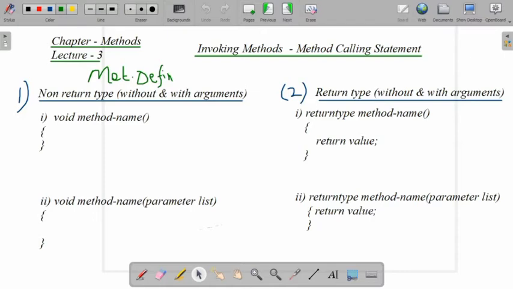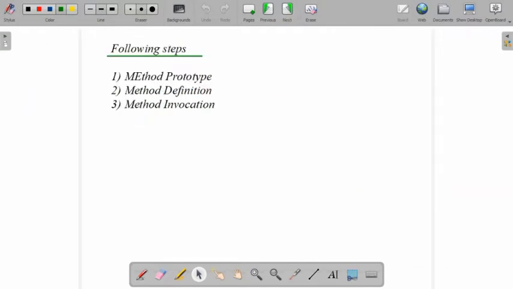When we consider the steps we need to follow for a method, there are mainly three: the method prototype and definition, which come as one unit. When we are writing the definition, the first line is known as the method prototype. Definition means we are defining the task under this method, following the general syntax to define a method.